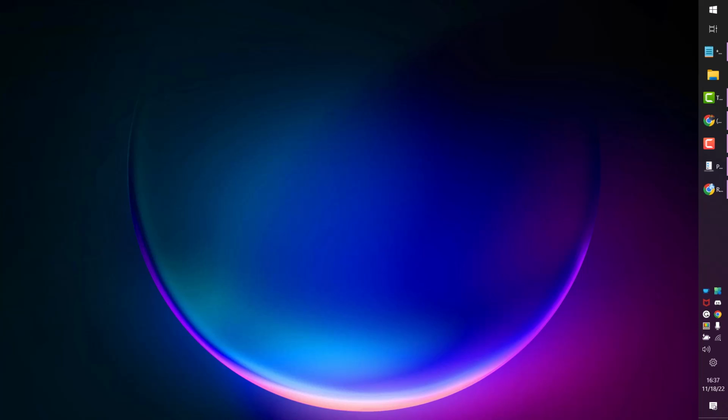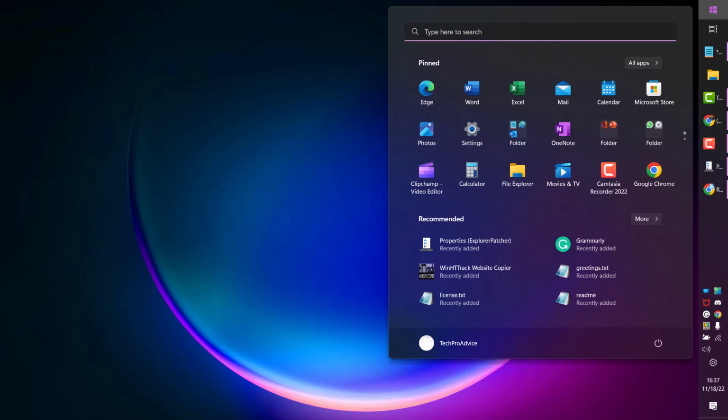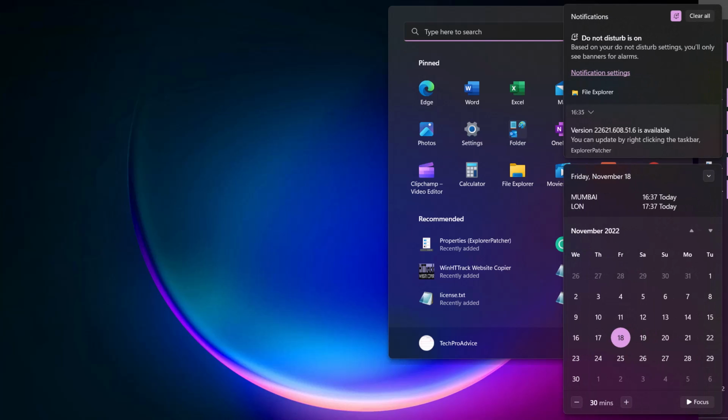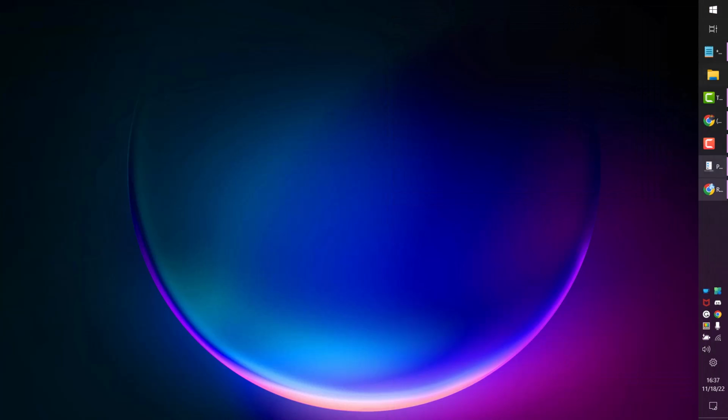Hello friends, in this video I will show you how to show the taskbar on the right side. As we can see, we have this taskbar on the right side. So to show the taskbar on this right side,